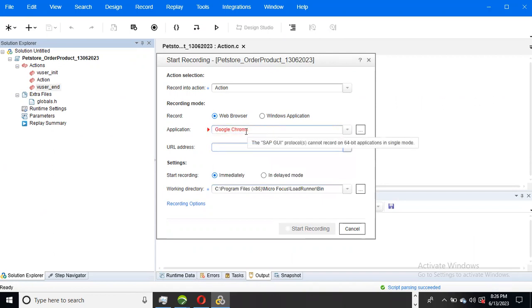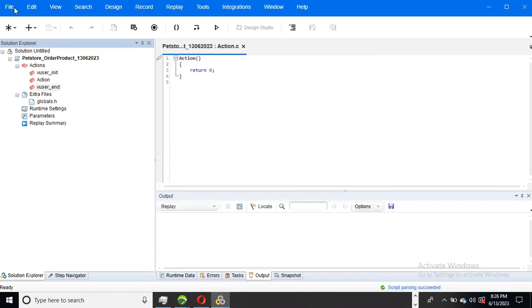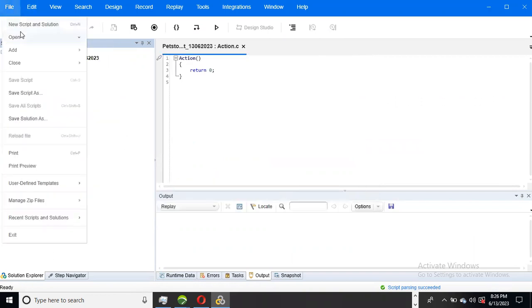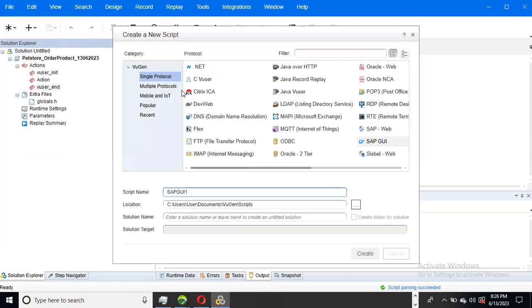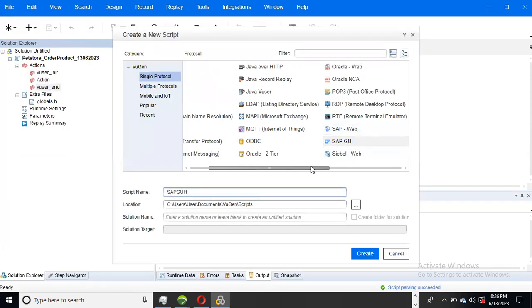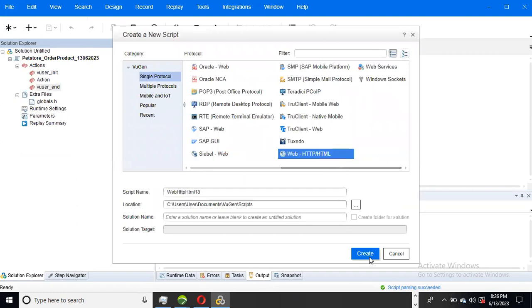So you can observe Google Chrome is showing here. I think we have selected the SAP protocol. I think we are not changing the web protocol, right? See, the SAP protocol is selected. So we need to select the web protocol, and similarly we need to give